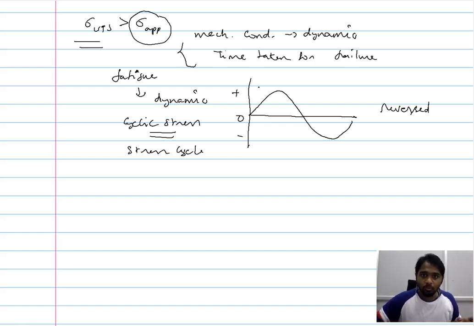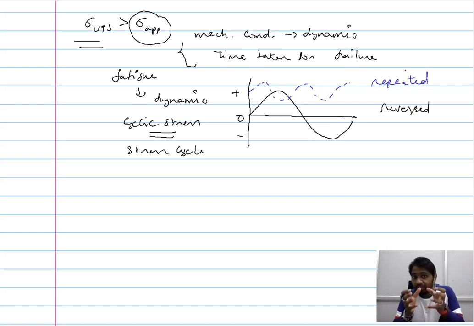Now it is also possible for us to just consider varying degrees of tensile loading or varying degrees of compressive loading. Such cycles are referred to as repeated stress cycles. So you have reversed stress cycles, you have repeated stress cycles. In order to incorporate a mechanical condition that is similar to the application, wherein the stress condition is not constant but dynamic, the simplest way of doing it in the test condition is having such setups, such stress cycles.